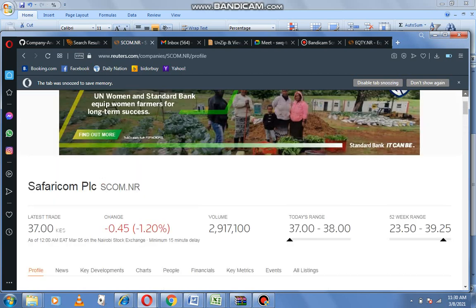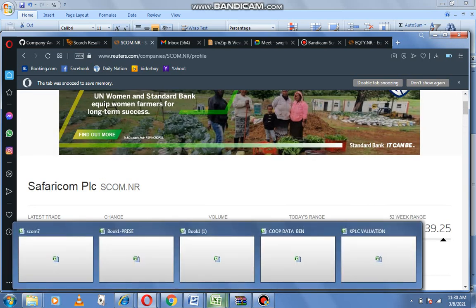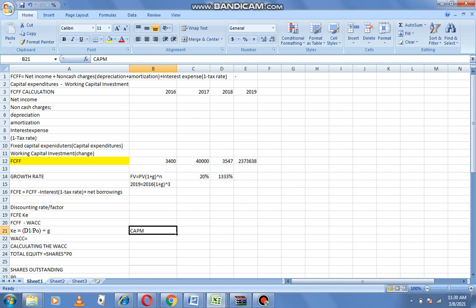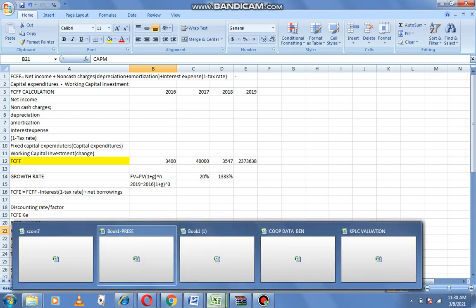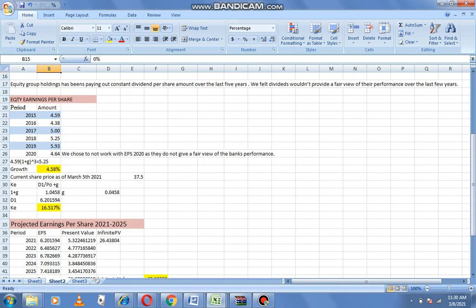If you can't get the earnings per share all the way from 2015, just go to Simply Wall Street. You're going to get them there. So when you get the earnings per share, you then calculate the growth rate. After calculating the growth rate, you can then work with this formula: KE is D1 over P0 plus g. So our D1 will be